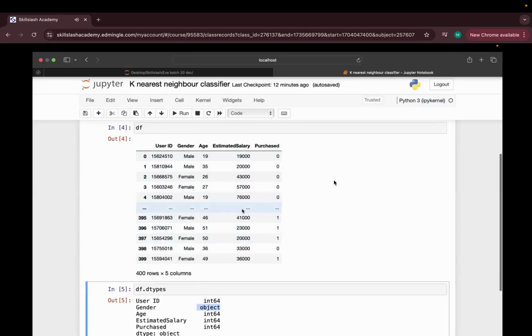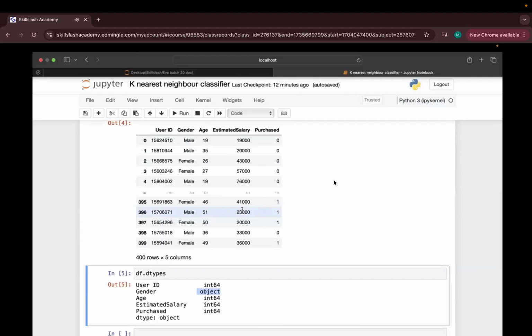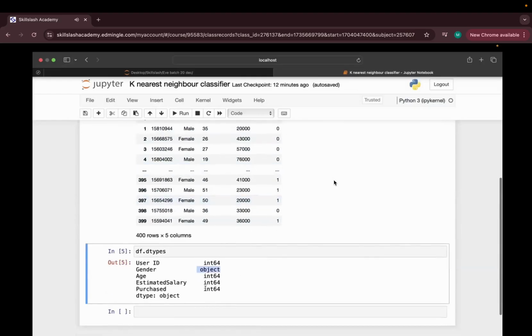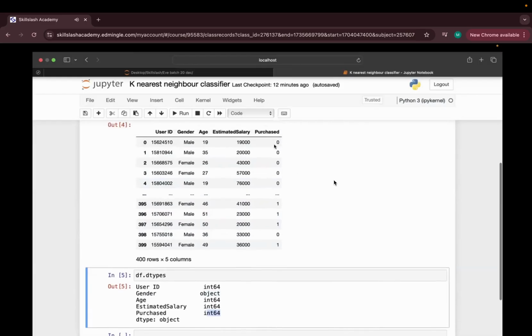Okay. So as I told you, we have to select the input and the target feature. We know that the target feature is going to be the purchase one, and it is looking somewhat like an integer, but it is going to be the classified one because we are having only two values, which is 0 and 1. Point number 2, estimated salary and age, we are going to consider them as the input.